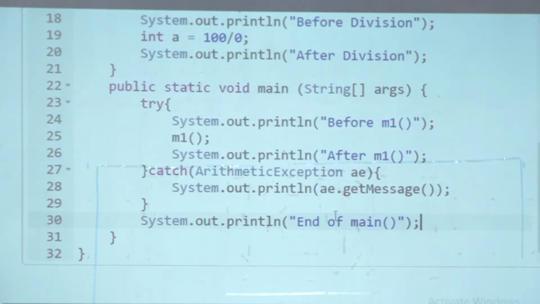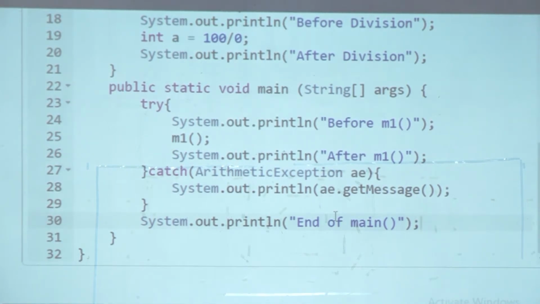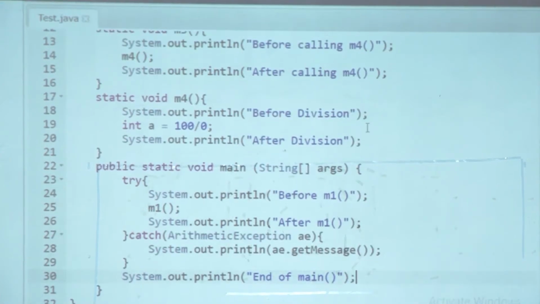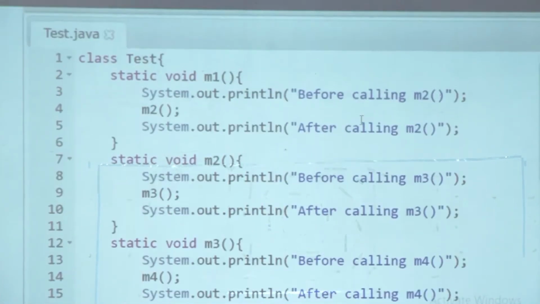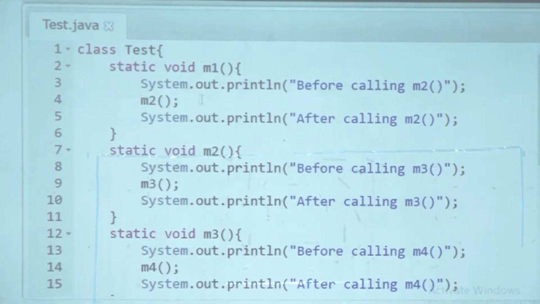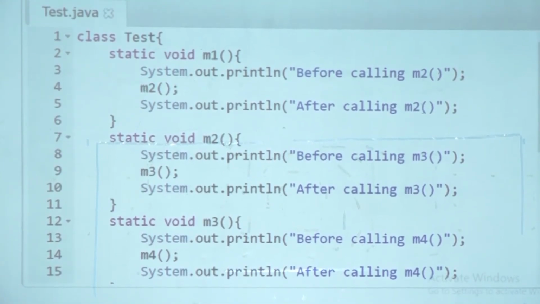So line 24 will run first. Yes. So I will get before running M1 or before M1. That will be my first line. Why will I get that? Because I am running main. Before running M1, I am getting that line. So I get before M1. So now M1 gets executed. So let's see what happens in M1. M1 is going to call M2, but before that it's going to say before calling M2.